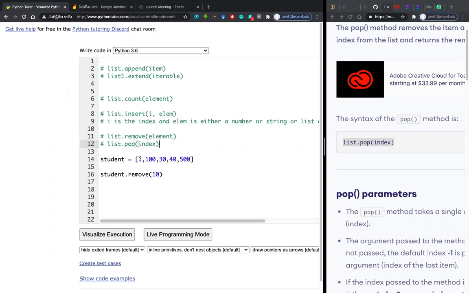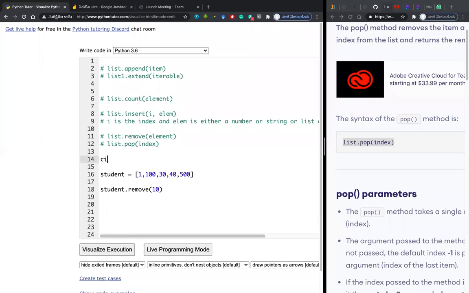Sometimes I might think that few values are constant in a list and some values are changing. For example, you say the pi r square. For example, I am giving circle is equal to, I'm giving a list of all the values. You might think like I will give pi r square 3.14, which is fixed. And the next one I'm giving is the r, the radius. Maybe I will give 5 as the radius.